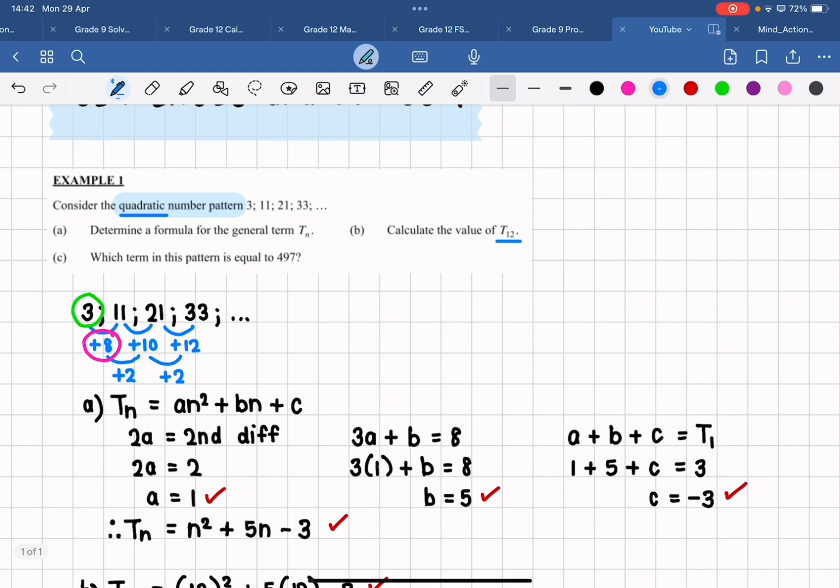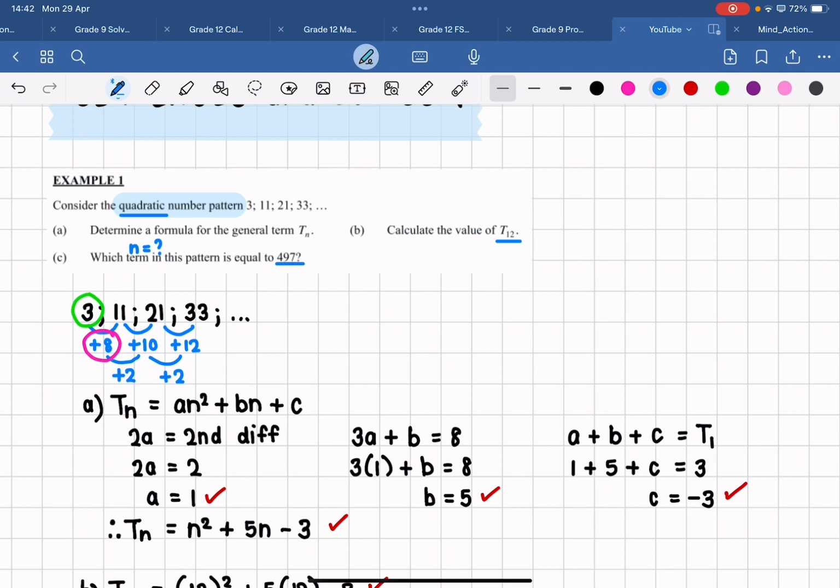And in this question, they are saying which term. Now, when they're asking which term, that means that we need to calculate n, because we don't know, is it term 27, is it term 205, which term is it? So we need to calculate the n value in this pattern that is equal to